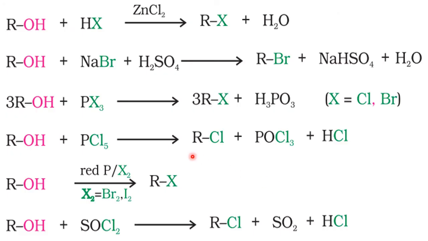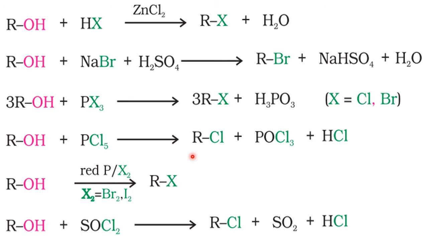Now see, we'll go to the preparation part. How haloalkanes and the haloarenes are prepared. Okay. So first we learn there are various methods. Among the various methods, we have only a few methods of preparation of haloalkanes and the haloarenes. They are prepared from alcohols, okay, and from hydrocarbons, and one more is by the halogen exchange method. Okay, so only three methods are there. So we'll discuss one by one.